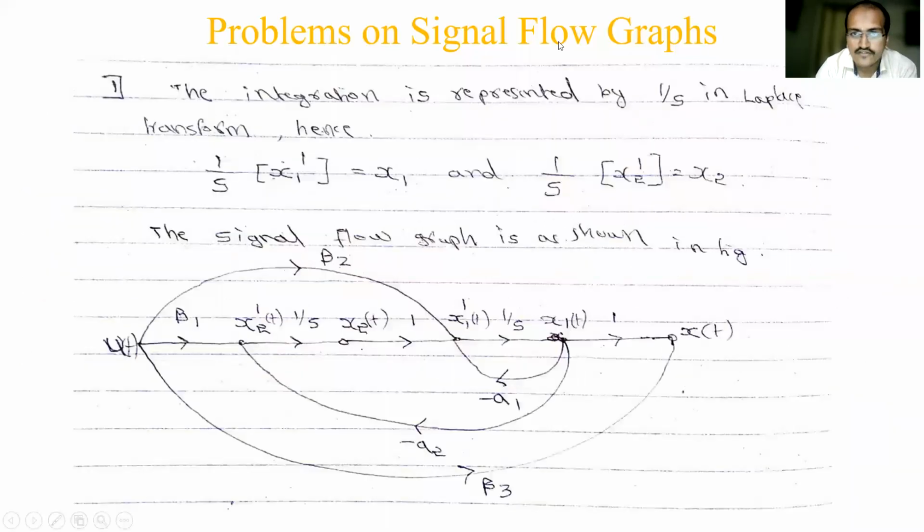So see here, x of t is the output and u of t is the input. And there is beta 3 times u of t. So that's why this is a forward path with the branch gain beta 3. And it is also having x1 of t with 1. There is nothing, it means 1. So coming from x1, we are going in reverse manner constructing. So this much we have completed.